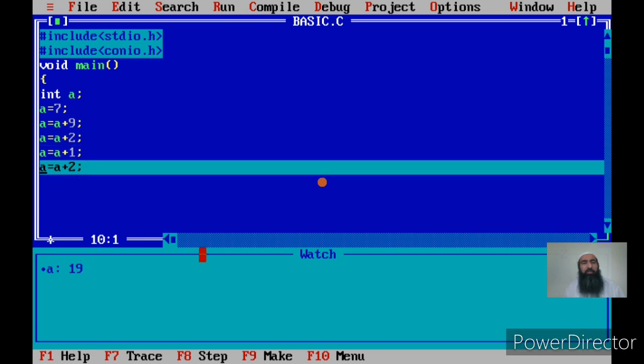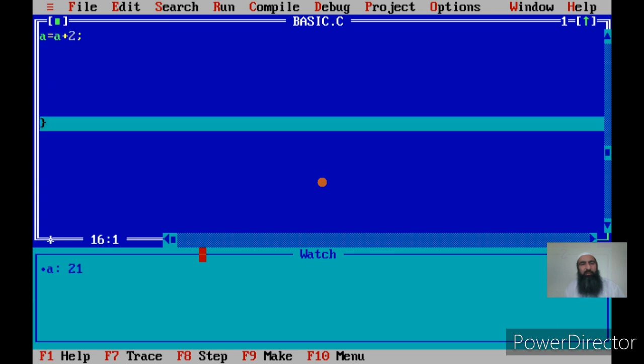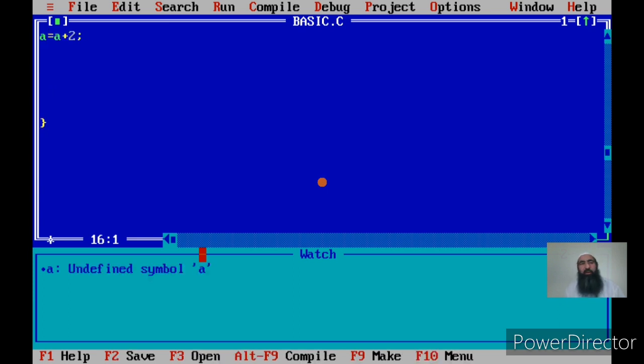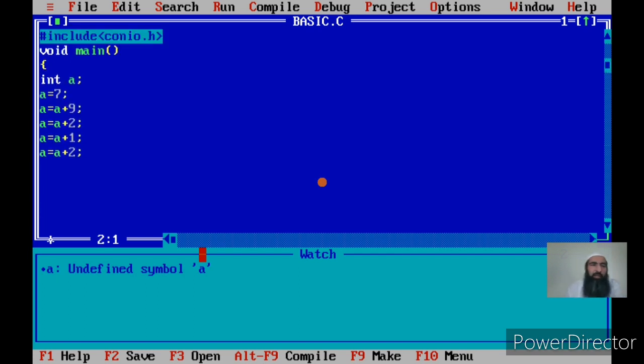This is how the changes will take place in a variable till you complete all the statements and you arrive at the end of the main, and your program terminates after the main. This makes us understand also that our program execution always begins at the main, and our program execution always ends at the main. As I told you, you should remember now that main is a function. Every C program should have one main function. The name of the function is main. It is a special function because the program execution always starts at the main and the program terminates from the main only.